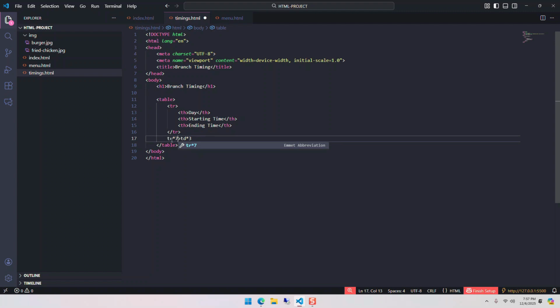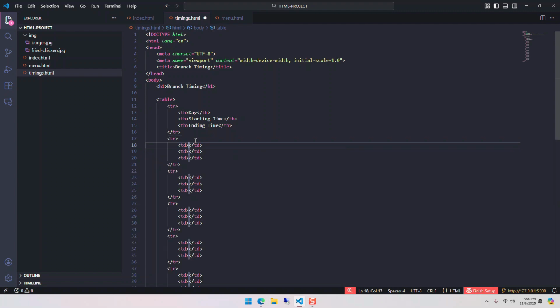And what it does is that it's going to create a TR 7 times, and inside of each TR tag we are going to create 3 TD tags, something called limit. I am not going to go into detail, but it's something nice to keep in mind. Let's use that to generate all 7 TRs at once,